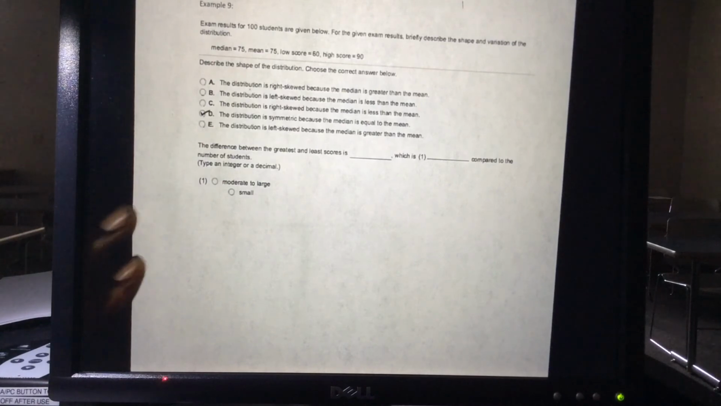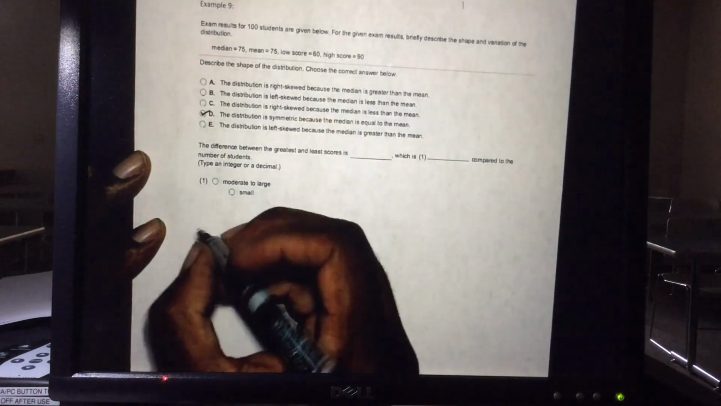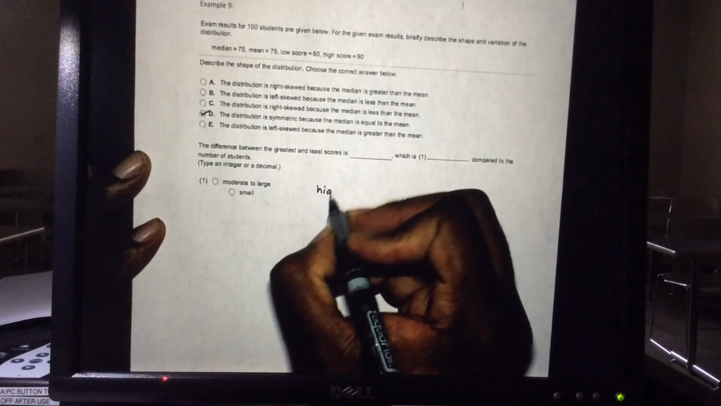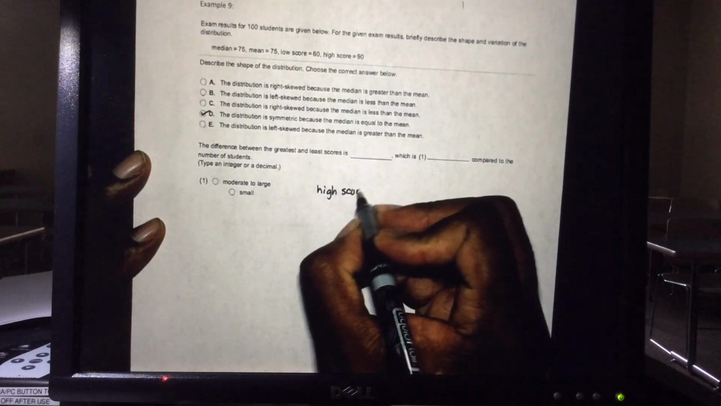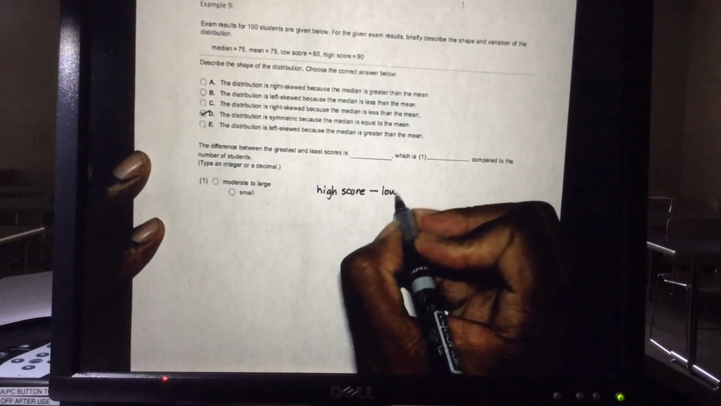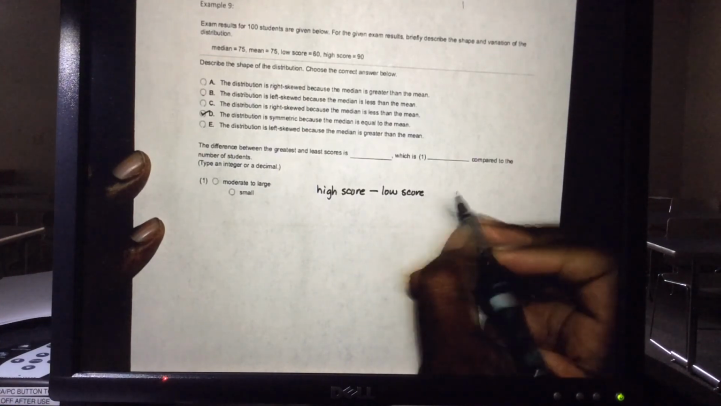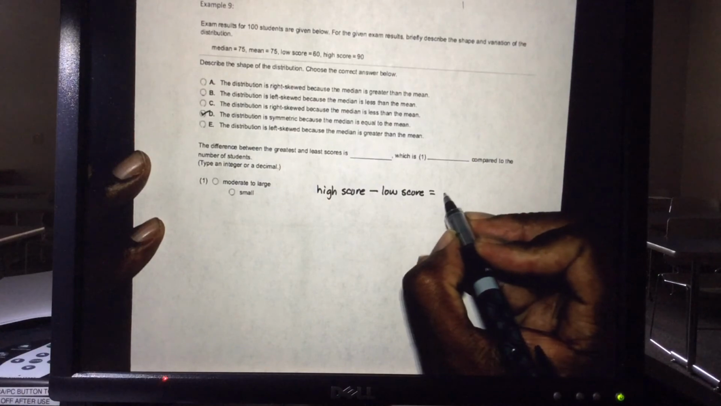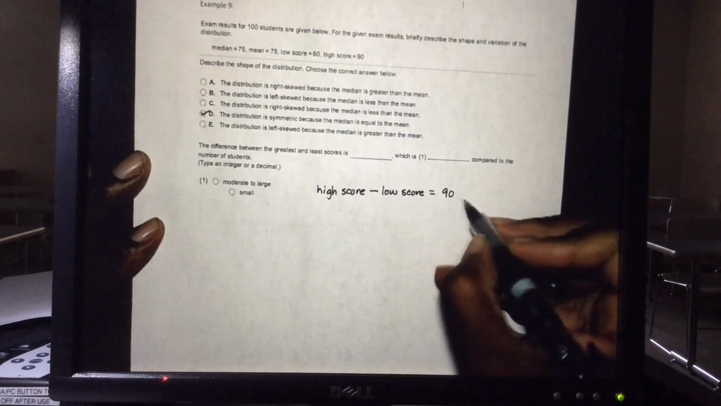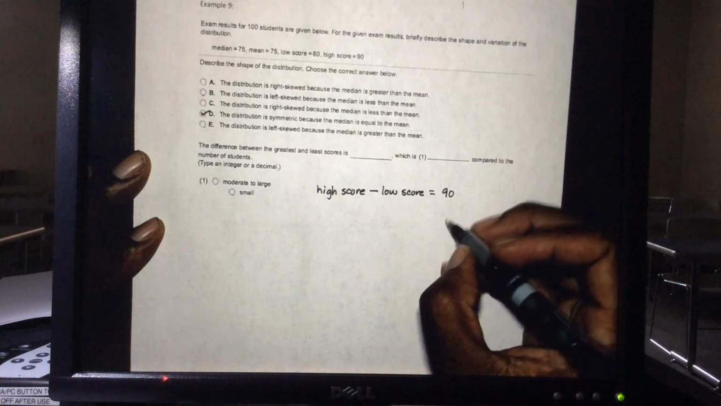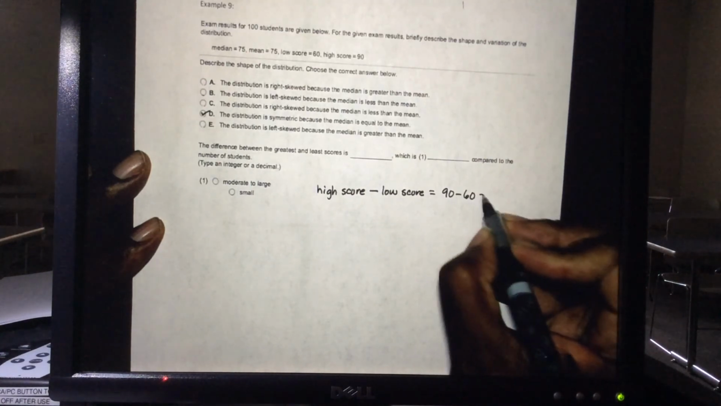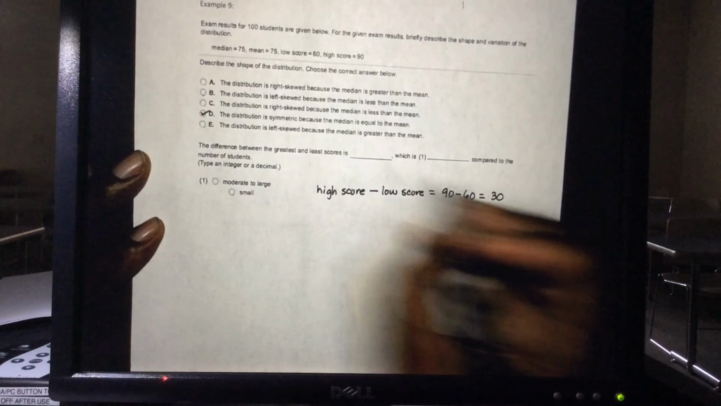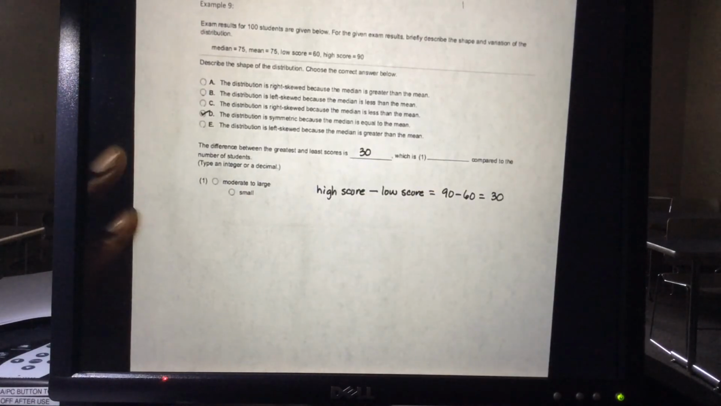And then we're going to find the difference between the greatest and the least scores. Well, here's the high score, 90. I'm going to write this out. The high score minus the low score. Well, the high score is your 90. The low score, that's given to you as 60. 90 minus 60 is 30. So the difference between the greatest and the least scores is 30,